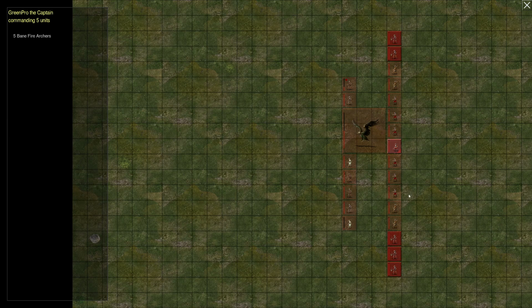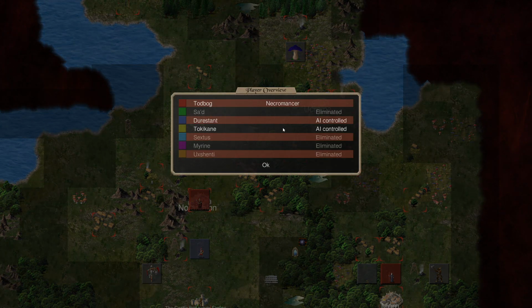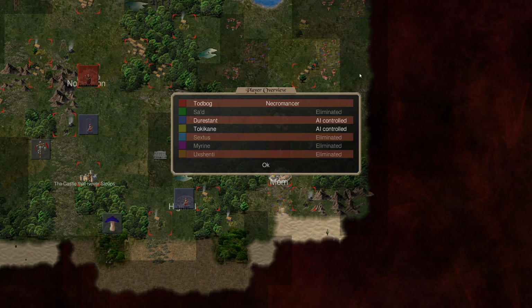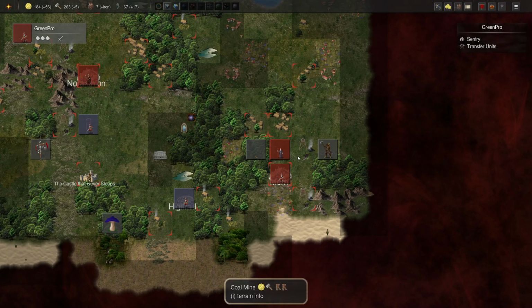At this point, I'm not worried about anything that's coming for me, right? I don't know where any other enemy armies are. How many are left at this point? 2 more. So we had 2 more opponents. We don't know what they are yet. Duristant and Tokakane. So Shenti was the Cloud Lord. So was Tokakane... Well, I don't know what that is going to be exactly, but...